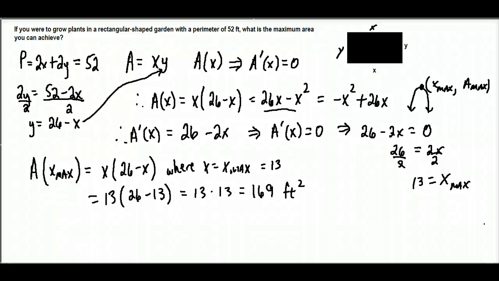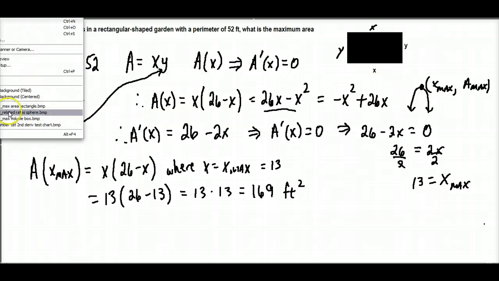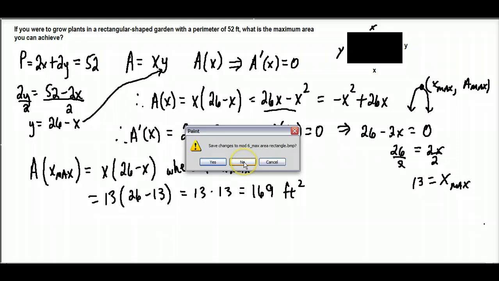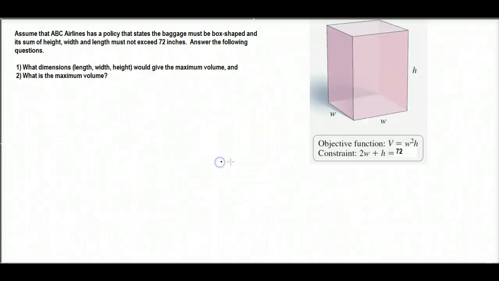So now we're going to move on to our second example. In our second example here, we're trying to maximize the volume of a box, okay? And so we assume here that ABC Airlines has a policy that states the baggage must be box shaped and its sum in height, width, and length must not exceed 72 inches. And so here's why I have this equation down here towards the bottom